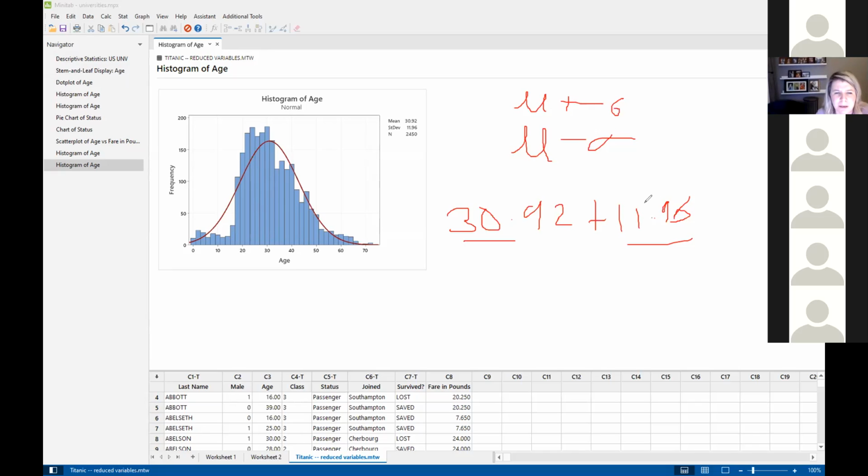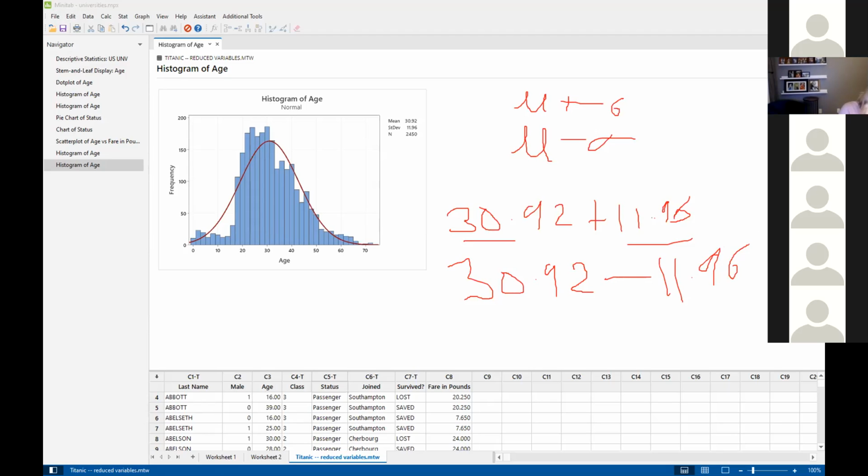So look into this. And then second is 30.92 minus what is 11.96. So if I do these two calculations, what is the value I'm going to get? So let me do,